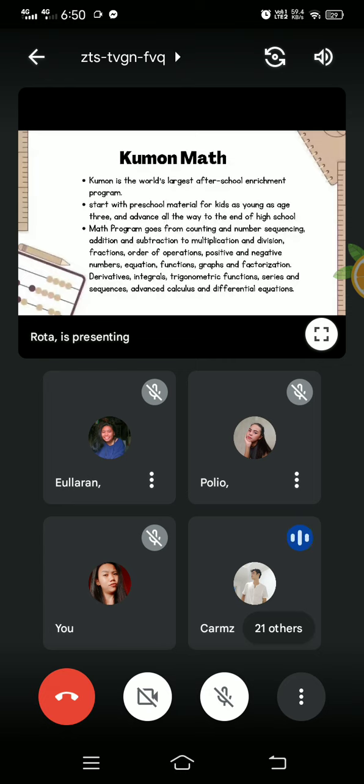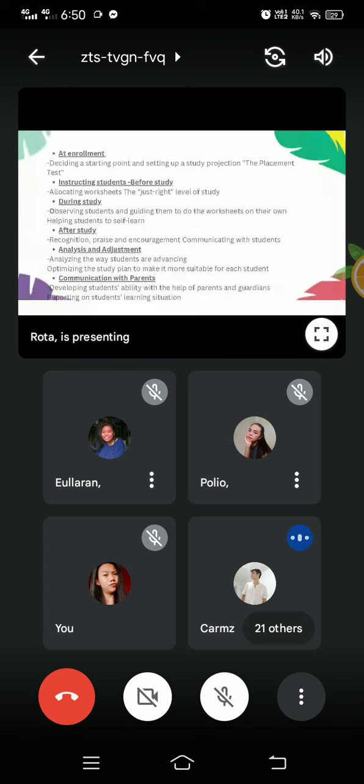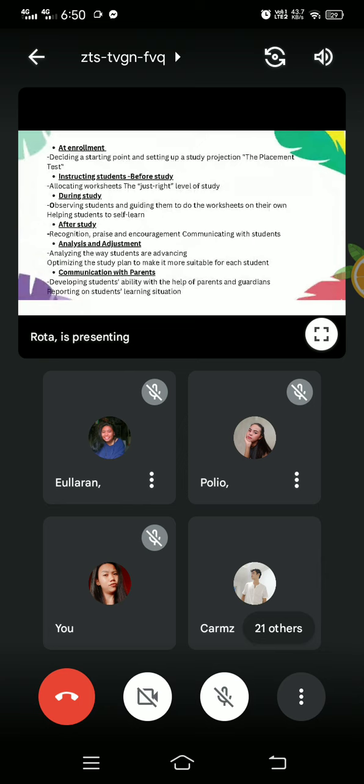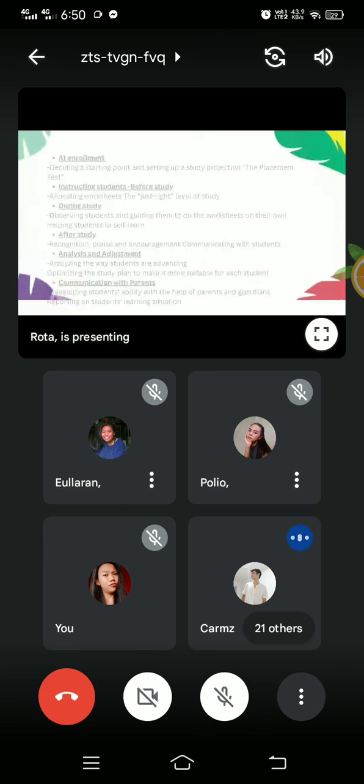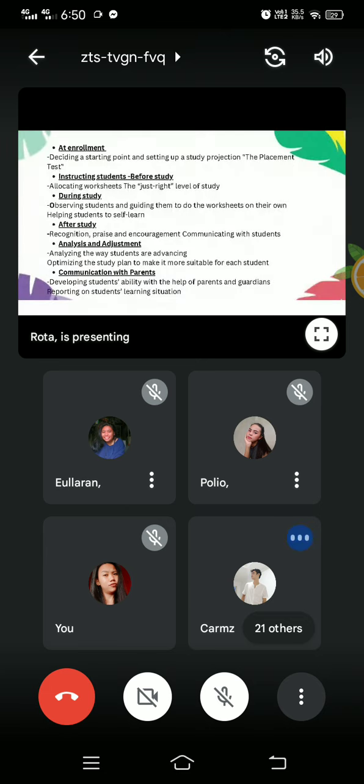Katong na mga stages gani nga before ang bata nag-work. So you have there, so they have the enrollment, they have the placement test, and kana siya na approach